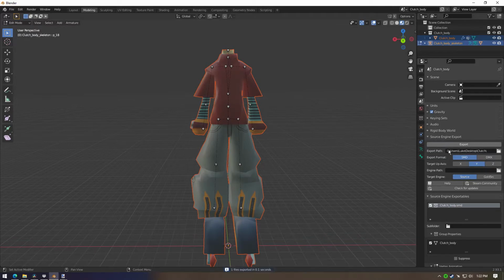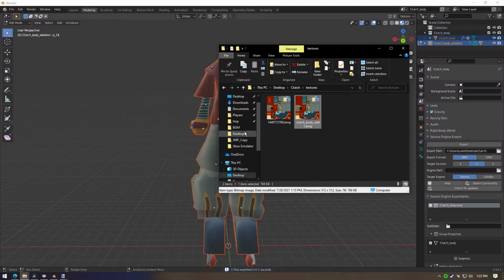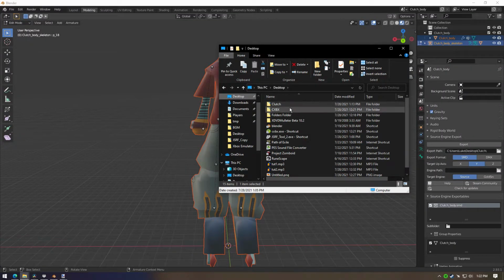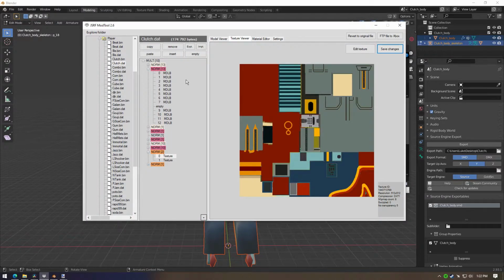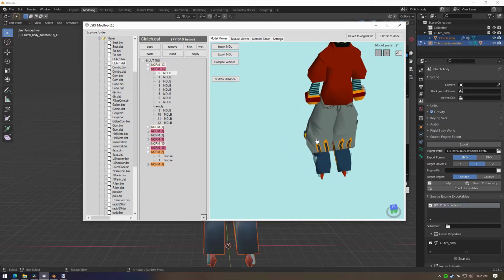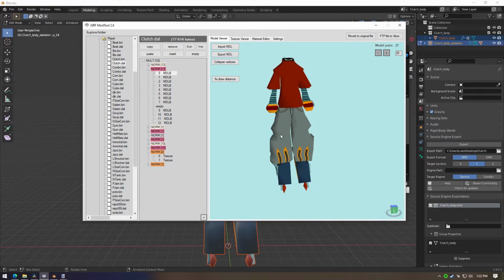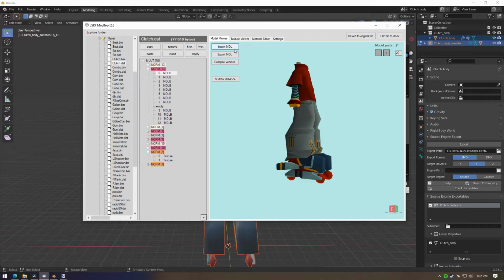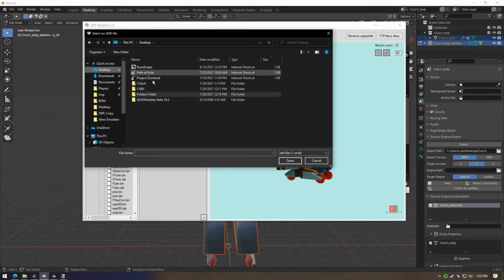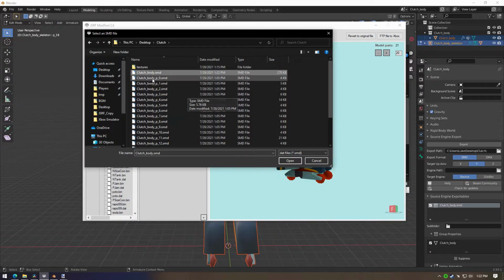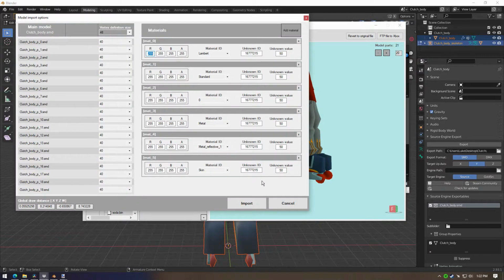clutchbody.smd. So once that's done, it will have exported all of the changes to the model that you made to clutchbody.smd. So once that's done, you're going to want to go back, go to the character that you edited, and then you're going to want to import MDL. So then you're going to want to go to where you exported it, clutch body, open, and then you have